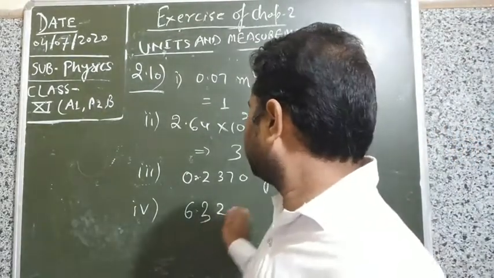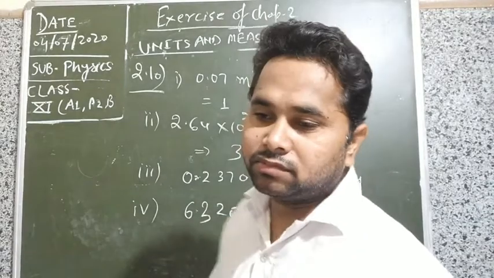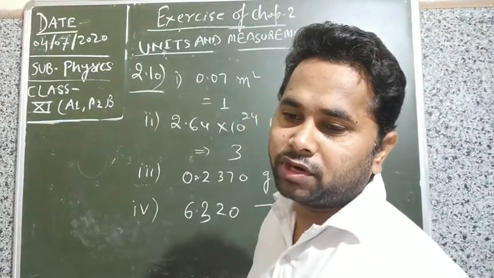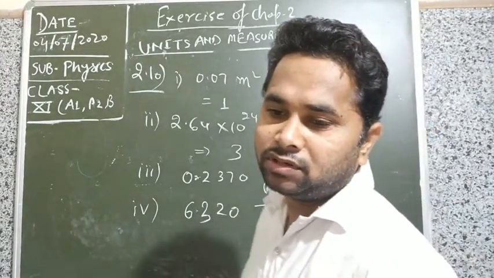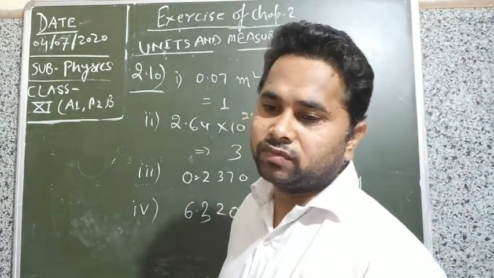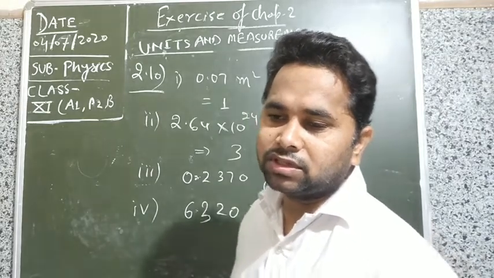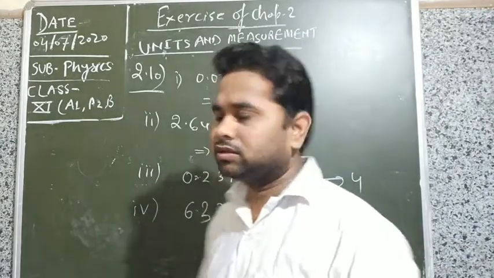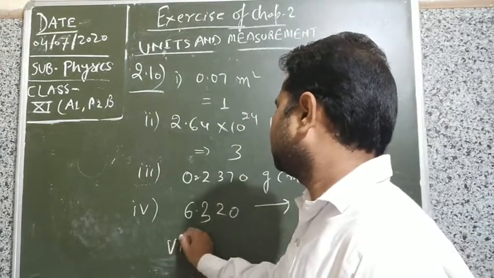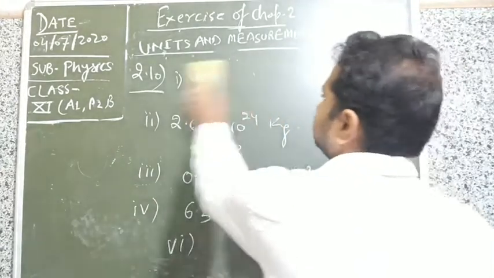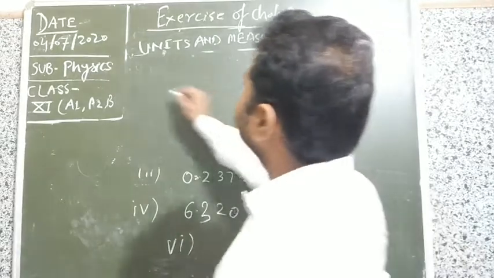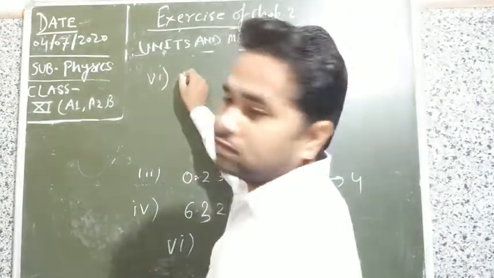So total 4 significant figures. Next is 6.032, which also has 4 significant figures. And the last is, I'm writing here, the 6th is